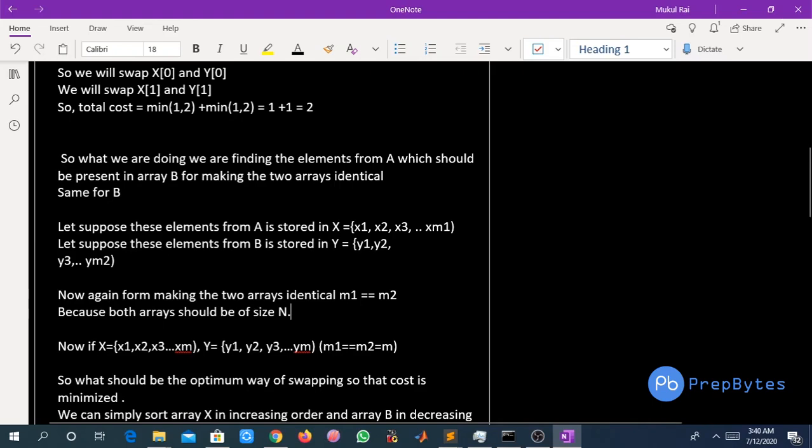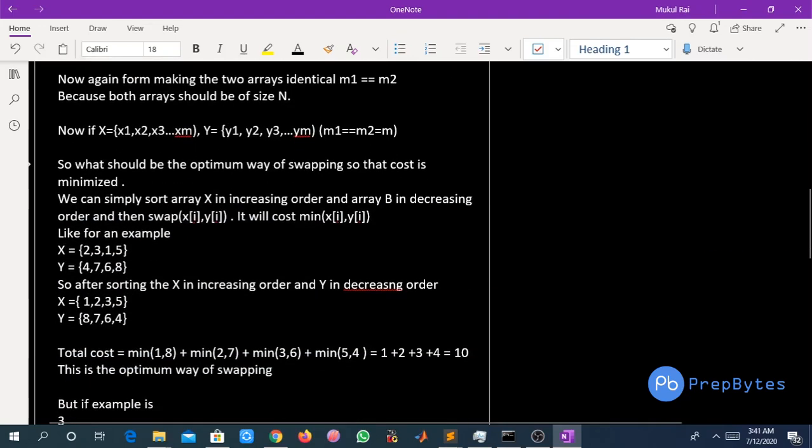Now if X equals x1, x2, x3, up to xm, and Y equals y1, y2, y3, up to ym, since m1 equals m2 we have assumed it as m, right? So what should be the optimum way of swapping so that the cost is minimized? The optimum way is we can simply sort the array X in increasing order, and the array Y in decreasing order, right?